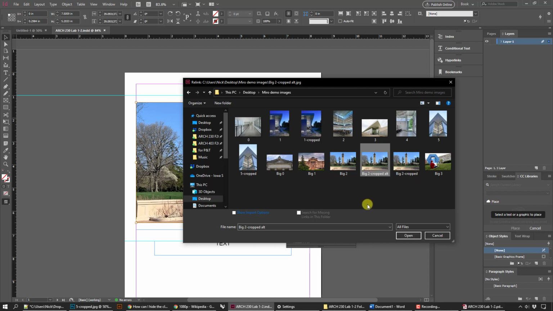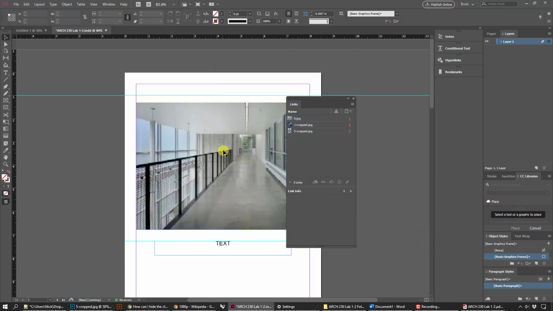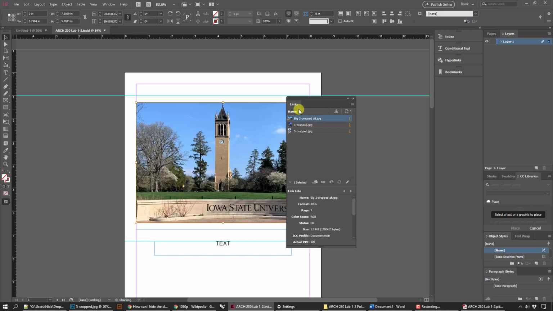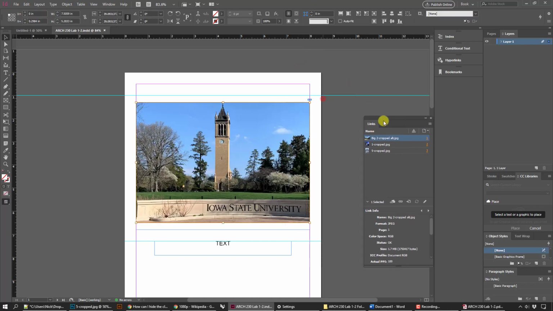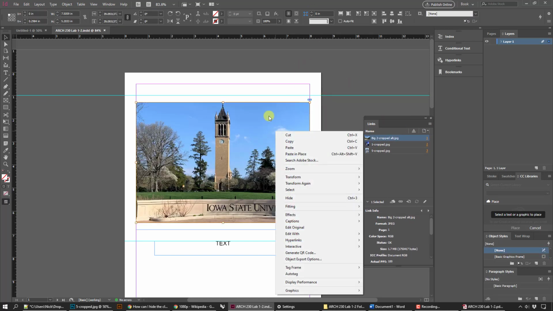And it's also handy later. You're not going to do this, but you can change the image. Like let's say you replaced it with a totally different image, you can go to a different image, and it'll change the image. Okay. So again, if you right click the image, if you go